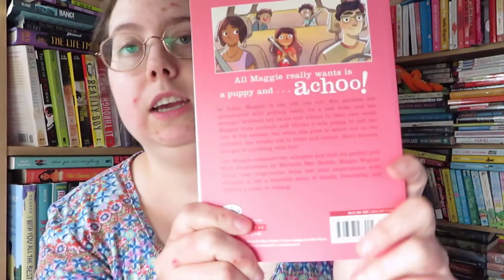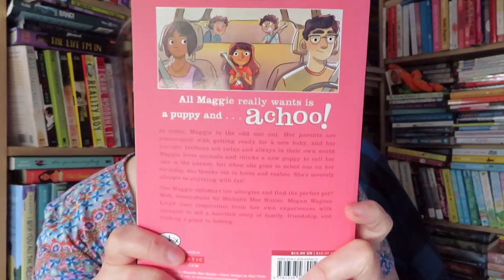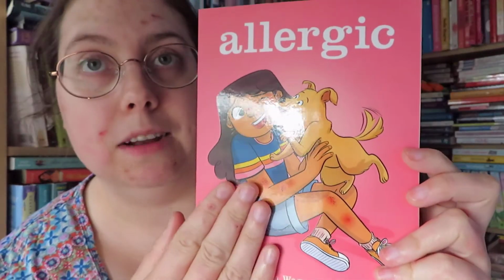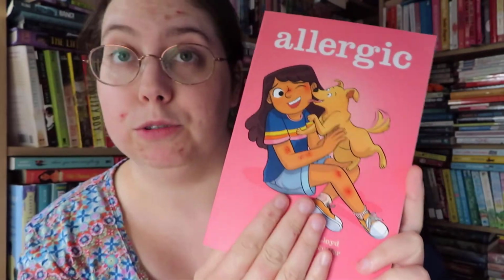And this is a middle grade novel, standalone, about a girl who likes animals and pets, but it turns out she is very allergic to them. And I love this. I have many allergies myself. Now gladly I'm not allergic to dogs, but I am very allergic to cats and horses, out of all the animals,